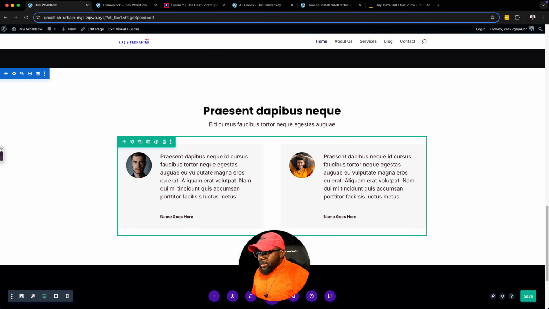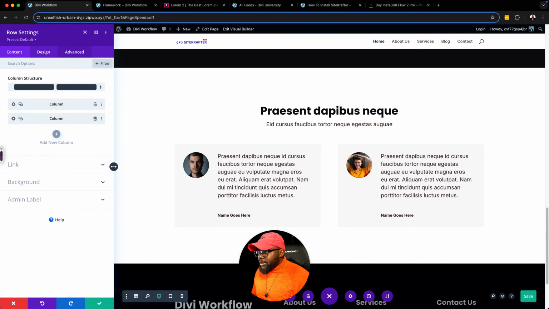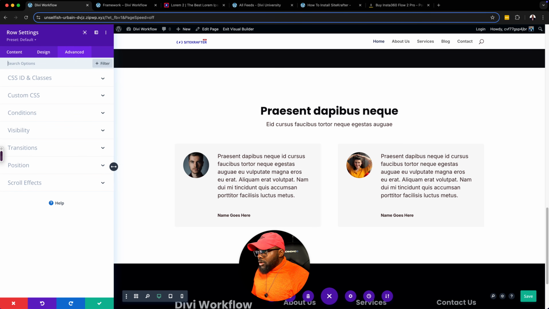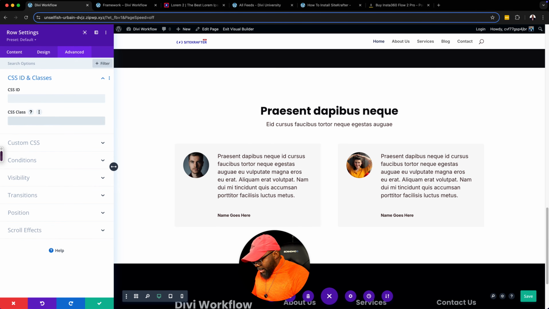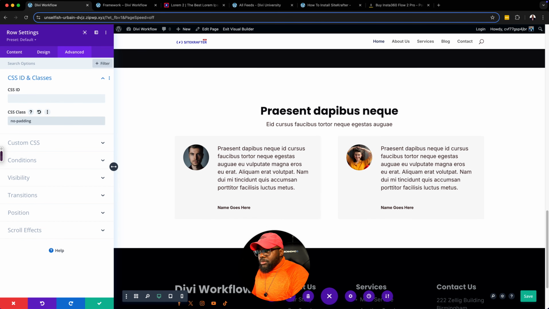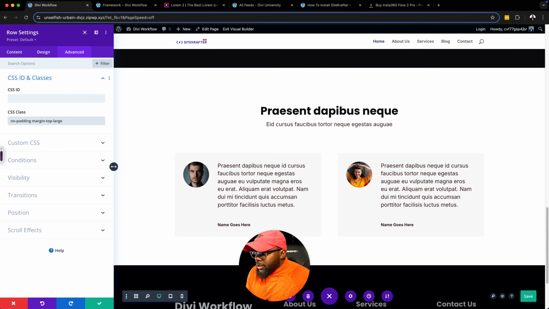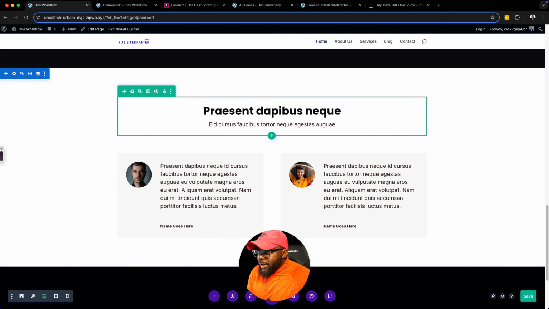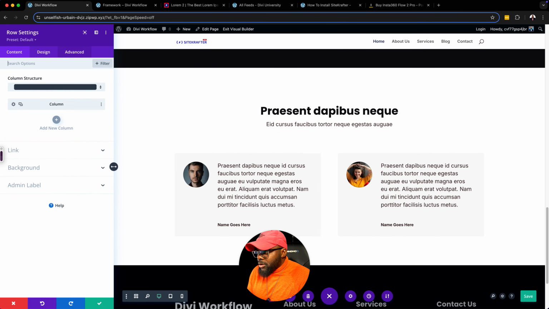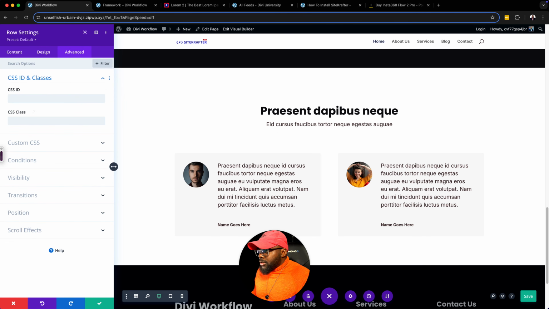Okay. So the final thing that I need to do now is just to make sure that I don't have padding here. So I'm going to go to CSS ID and classes and say no padding. And this is to my rows. And then I'm going to say margin-top, and I'm going to set this to medium. I mean, I can even go for large if I wanted to. But the good thing is I know that whatever I'm going to design here is going to have consistency across board. So for this one here on the top row settings, this one here can just have no padding, and